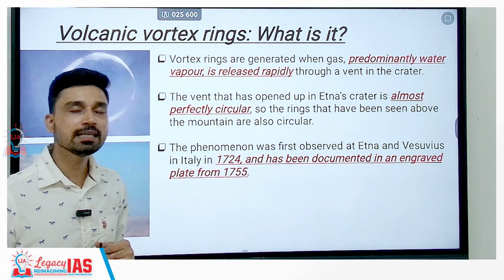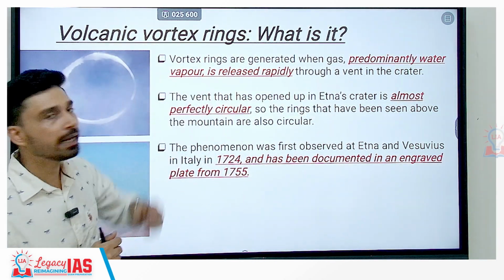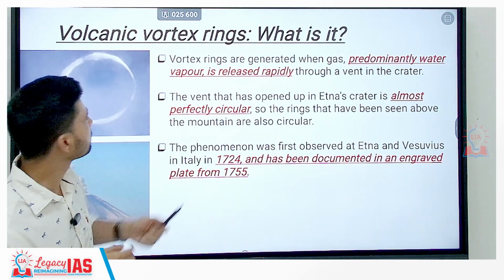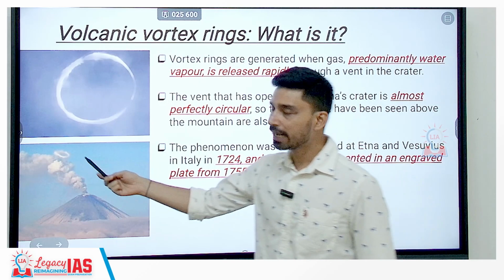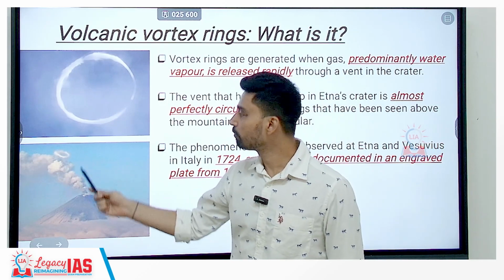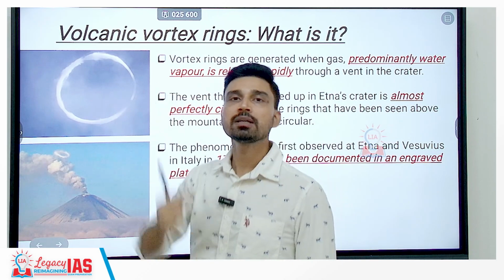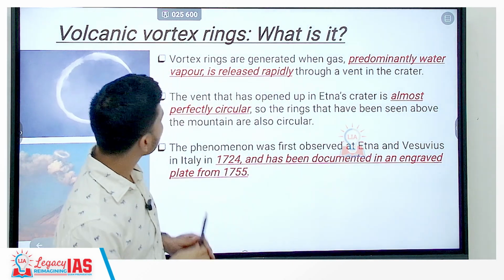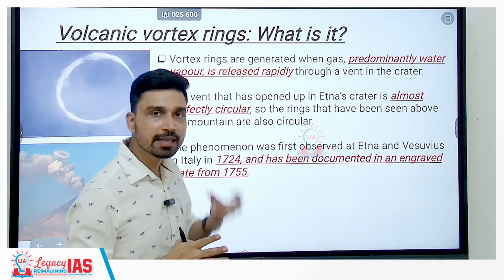Now, we were discussing the volcanic vortex ring that is being emitted by the Etna volcano. So, what is a volcanic vortex ring? First of all, we can see from the diagram here how a volcanic vortex ring is emitted from the volcano, and it takes an almost circular shape as it goes higher up in the atmosphere. Vortex rings, it is believed by geologists, are generated when the gases,